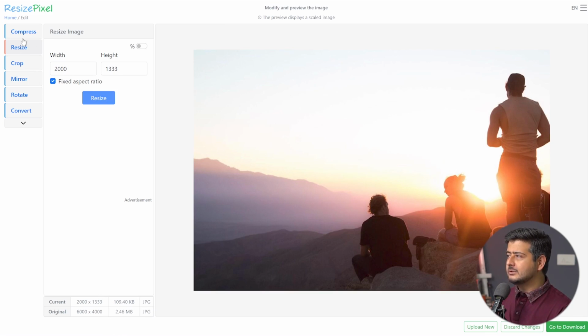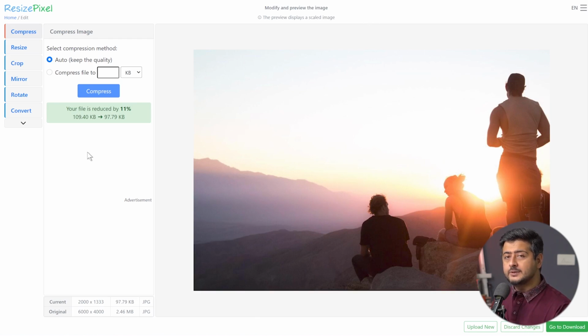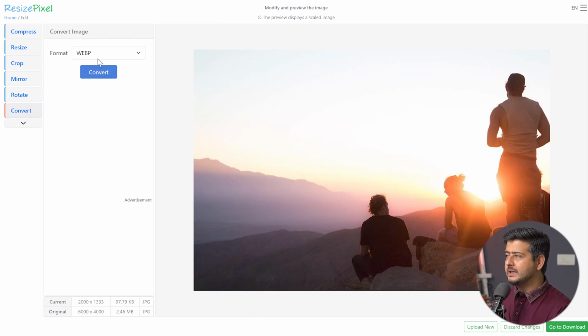Let's also compress it. So I'll go to the compress tab. I'll keep it to auto. I'll compress it. And again, you see 11% improvements once more. Let's also change it to the right format, and I'll change it to WebP here. And again, almost 50% improvements. So starting from an image which was 2.46 megabytes in size, now it's 40.83 kilobytes in size, and it's completely free. You can go to download and download the image,